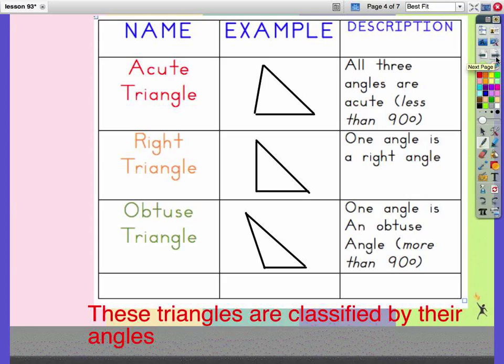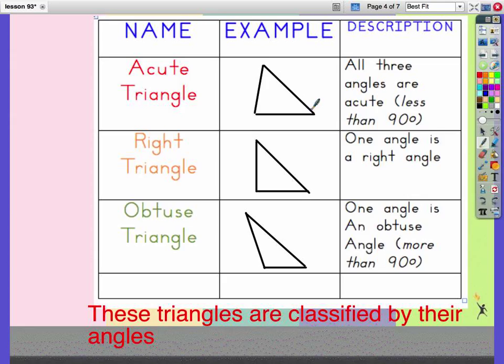Now we're going to classify them by their angles. We talked about angles before in acute, obtuse, right. Now we're going to classify triangles by them. If all three angles are acute, or less than 90 degrees, remember acute, little, they're small, it's going to be an acute triangle. Notice in that top triangle, all the angles are less than 90 degrees, therefore we